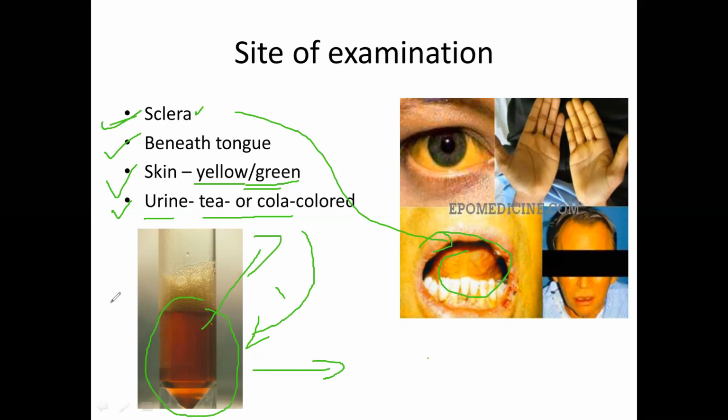Because if bilirubin is seen in urine, it means, in bilirubin metabolism, we have seen that after conjugation of bilirubin, it is excreted into the feces, and some amount of bilirubin is excreted in the urine. So that means conjugated bilirubin is coming into the urine. This is also called bilirubinuria. So it means the disease or abnormality is in the liver.